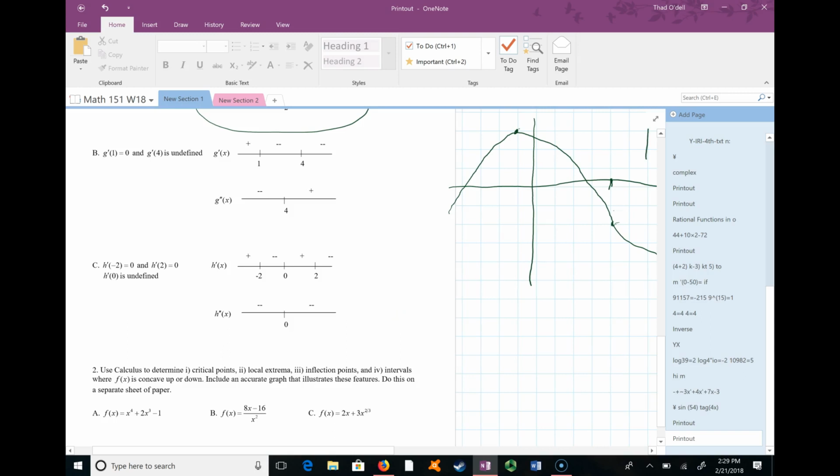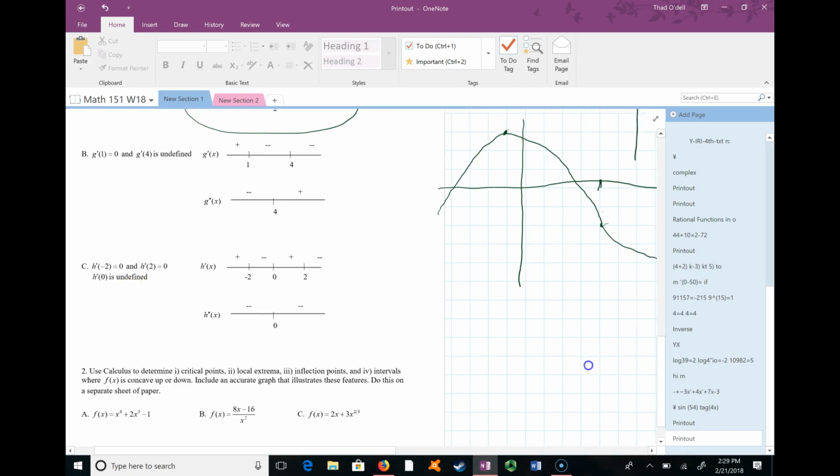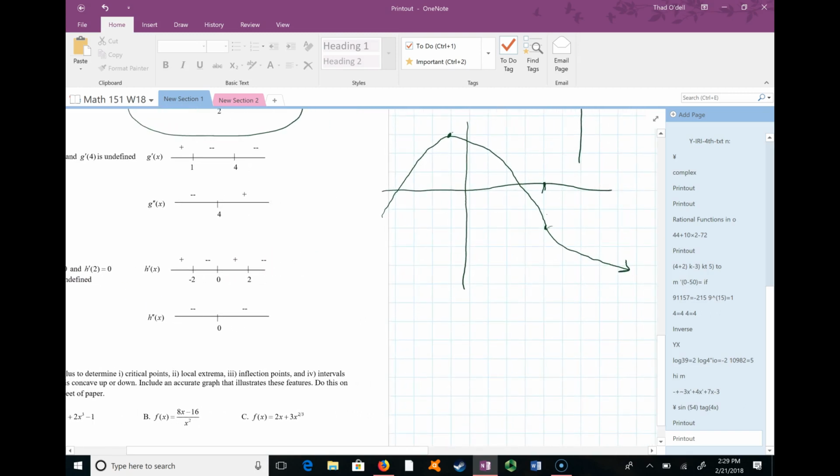This says that the slope is 0 at -2 and 2, and undefined at 0. That sounds fairly easy, but notice this is going up and then down, and then up and then down. So this is a max, and that's a max, and this is a min. So if I drew my picture,